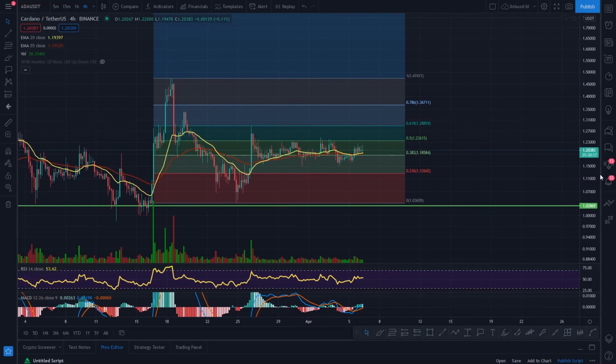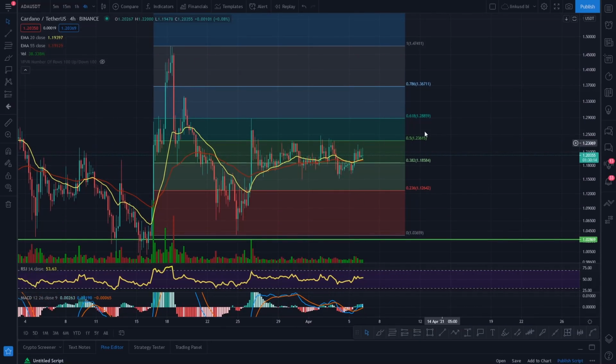So at the minute, Cardano is really up against this 0.5. You can see it is. It's coming up. It just can't get through it. It's had multiple tests. As it started to retrace, it fell down at the bottom. It got up. It tested this 0.236 a few times, okay? And it looked off to the races. But what you did, you hit your head on the golden ratio. Hit your head on the golden ratio, and you collapsed and fell back down, got supported off EMAs, bounced on EMAs,